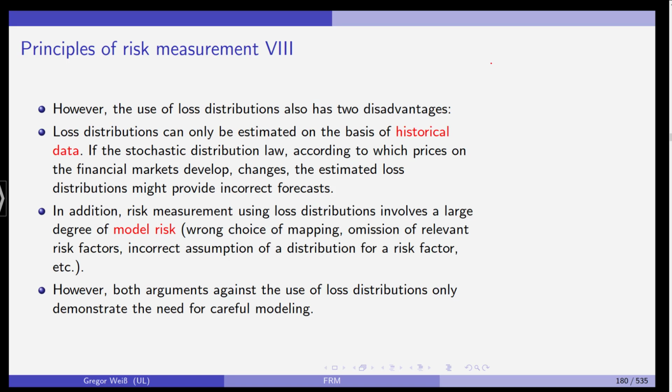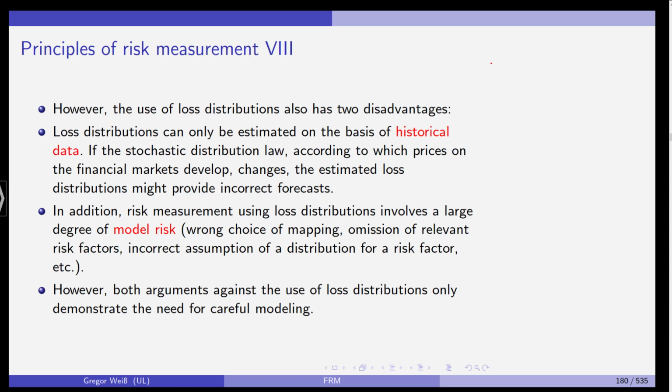The second one, risk measurement using loss distributions involves a lot of model risk. Wrong choice of mapping, wrong selection of elementary risk factors, omitting relevant risk factors, using the wrong data, making the wrong assumption, using the right data but still making an error when estimating the distribution, and last but not least, using the right assumption, the right data, doing the right estimation, but simply historical data keeps changing and the distribution law has changed over time,